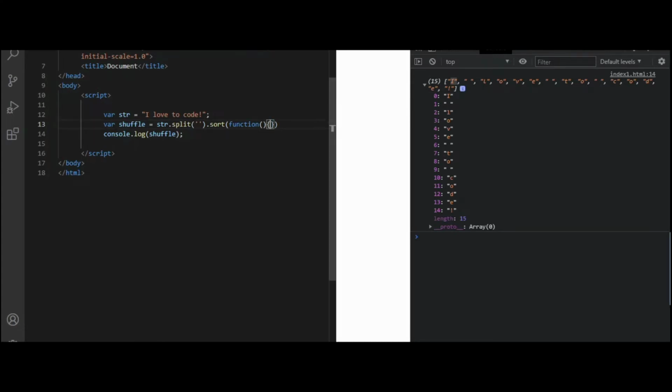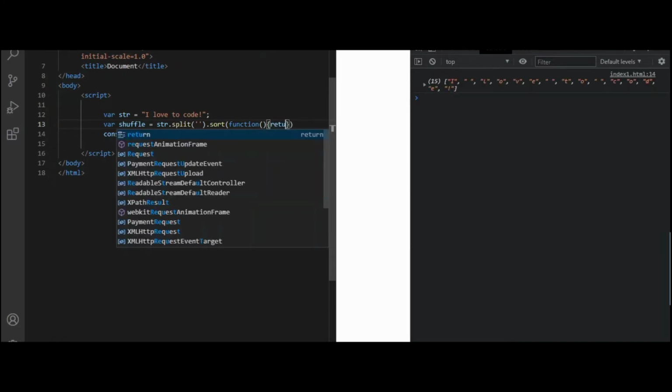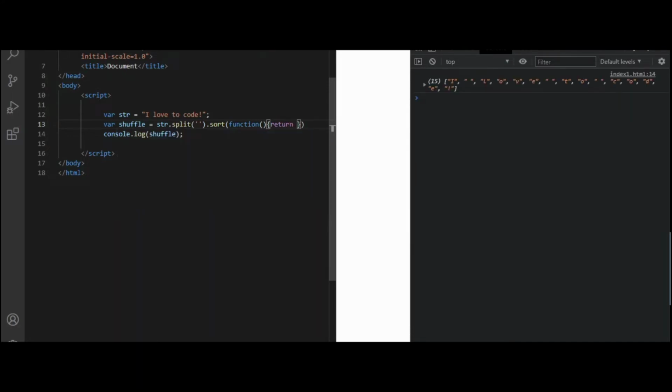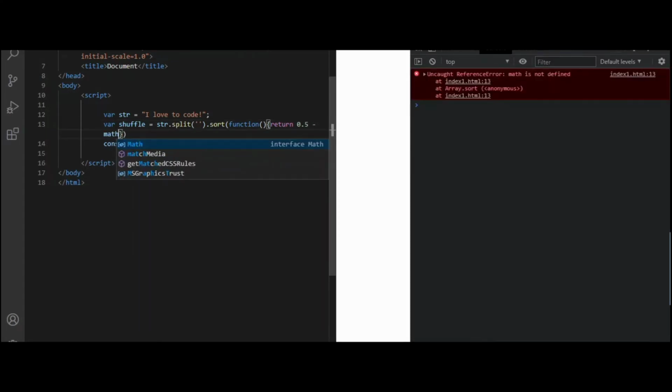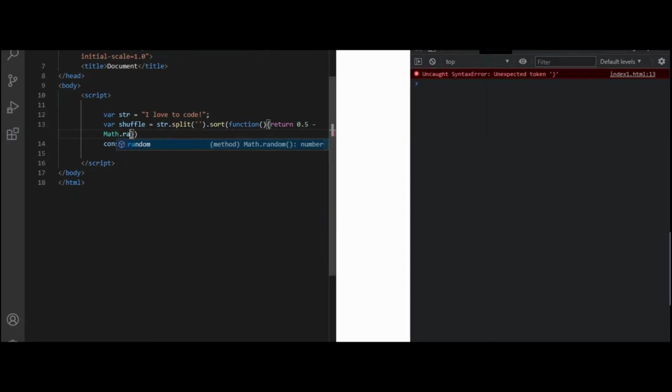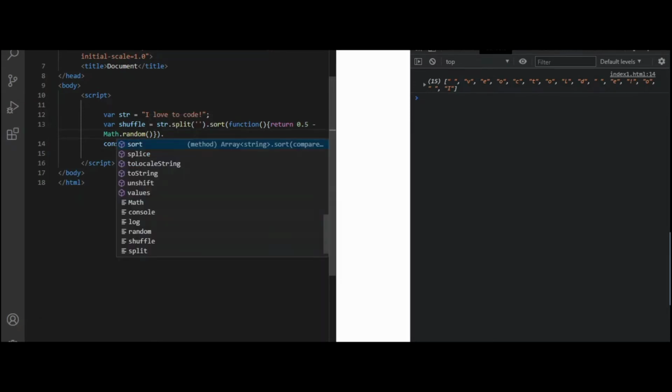So what we'll do is return, because we want to return the value, return 0.5 minus Math.random, and then we'll join all the characters.